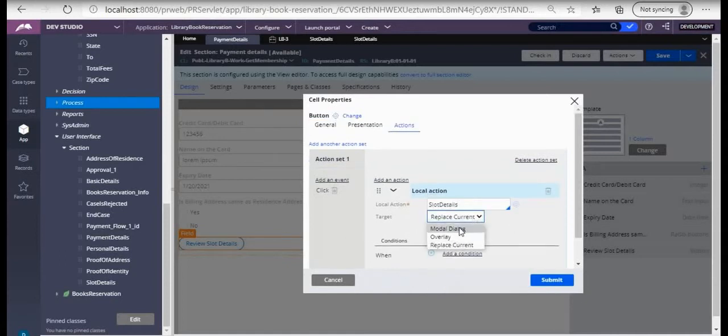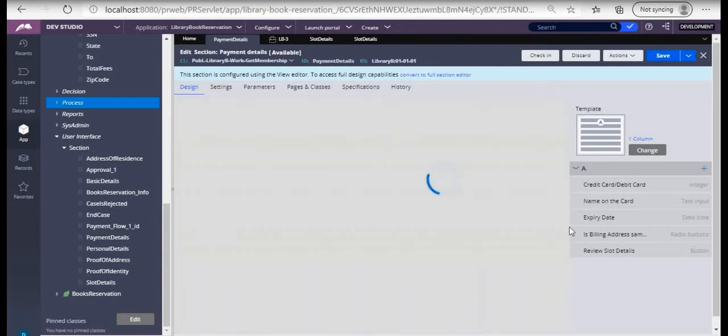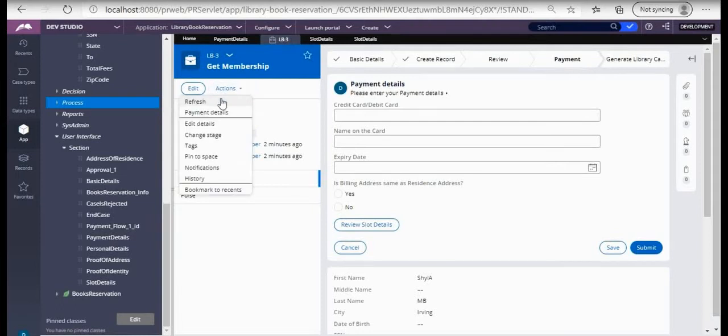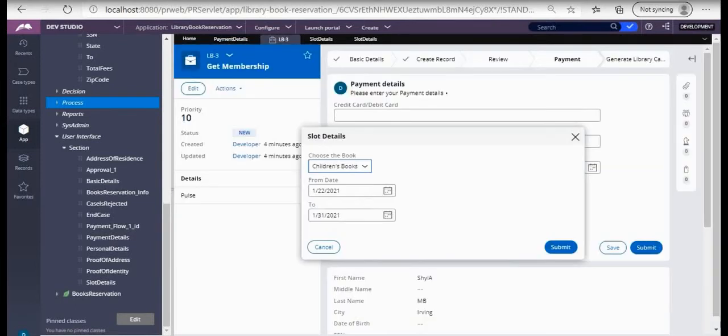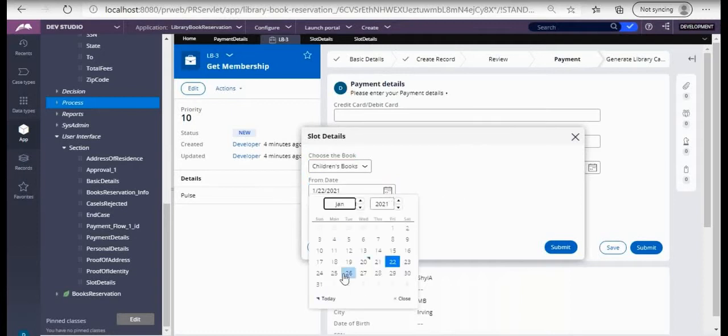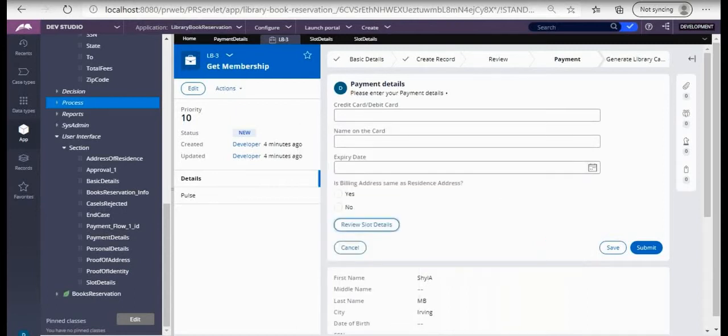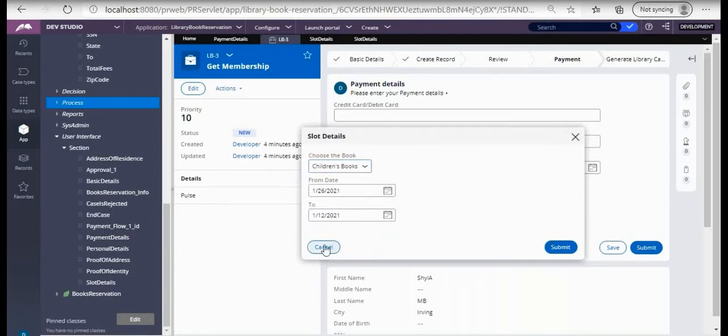No, I want a model dialog. Okay, model dialog means on the above I want it. On top of your screen only you want it. So let's go back to here. Again action, refresh. Got it? Actually this is what we want, right? Because we want to see your things, and also if you want to change anything you can even change the values. Submit it.